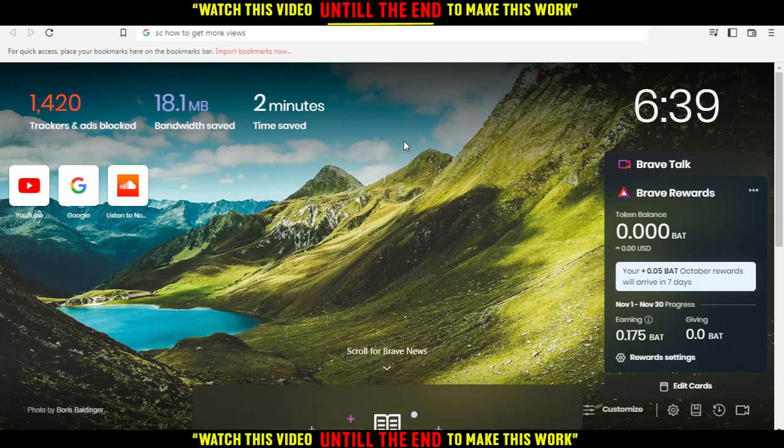Hi, in today's tutorial I'm going to show you how to get more views on SoundCloud website. So first of all, of course, you'd like to go and open the browser that you're going to use to follow this tutorial's steps. For me, I'm actually using Brave, but for you, of course, you can use